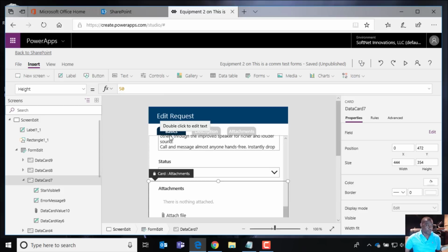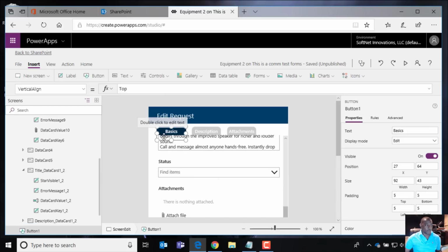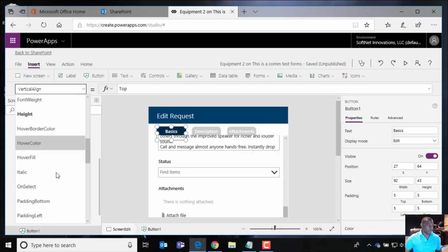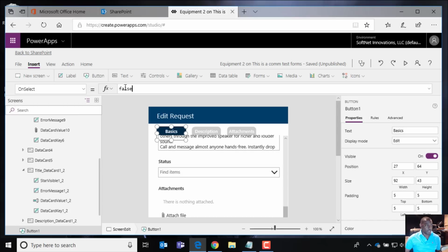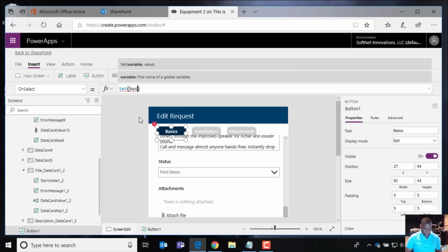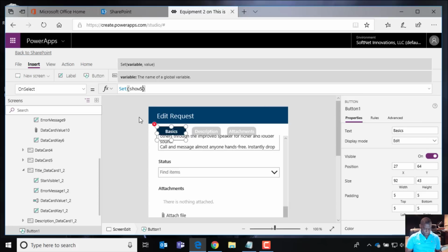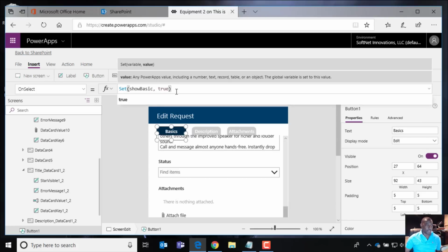All right, so first things first, let's go ahead and select our basic button, hit on select property, which is like our click event, right? And then for here, we're just going to make up a variable. So we're going to say set, and our made up variable name, basic or show basic, and then set that show to true, and that show basic is coming off the name of my tab, and